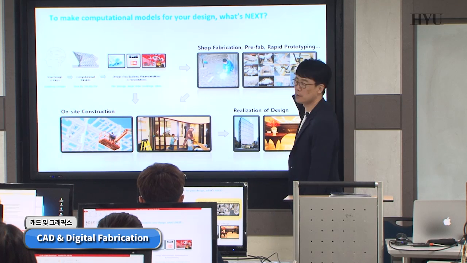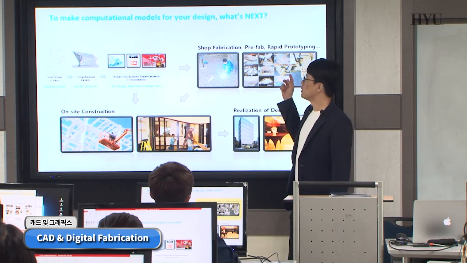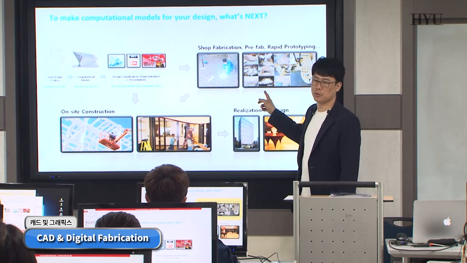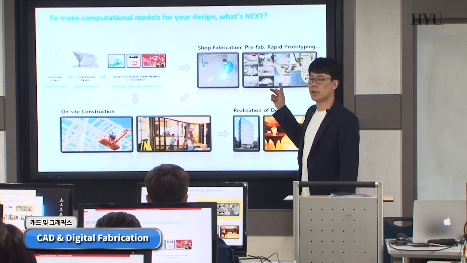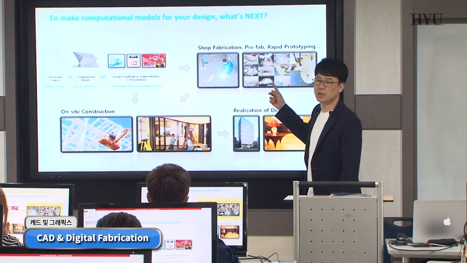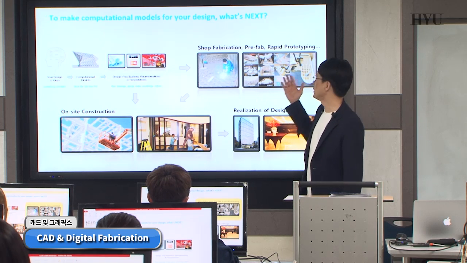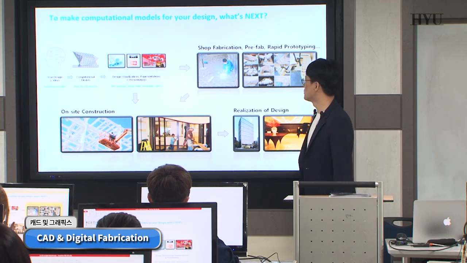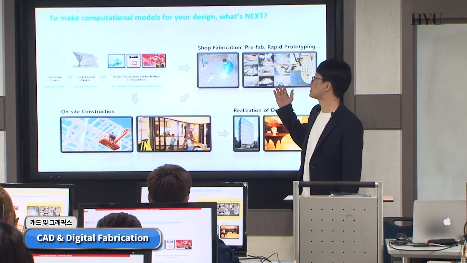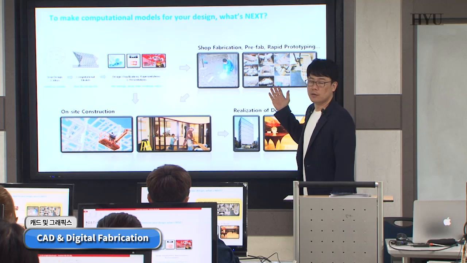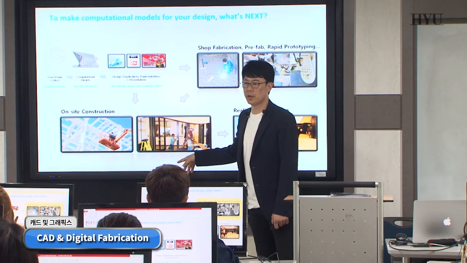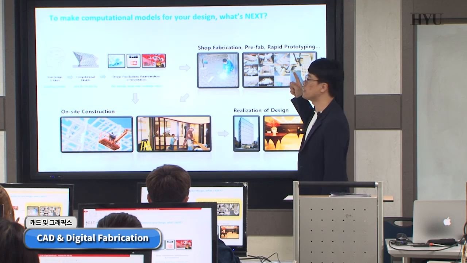Rapid prototyping means creating a mockup model. Take a look. This is a mockup model, not a real model. A 1 to 10, 1 to 20, 1 to 50 size, small-size prototyping model created by specific computer tools, computer generation tools, at the beginning of design, at the early phase of design, before construction, in order to figure out whether